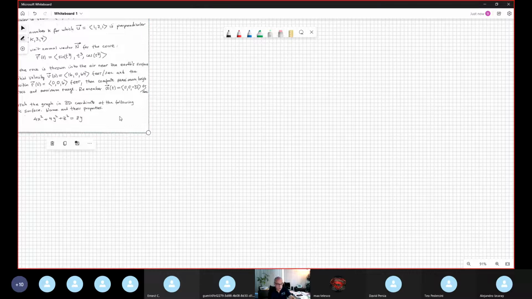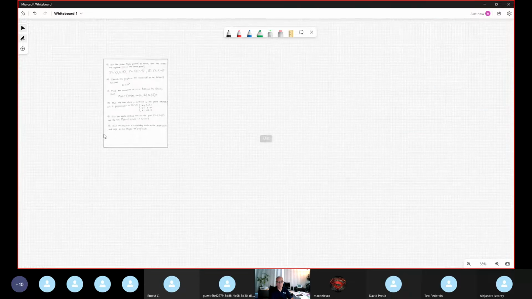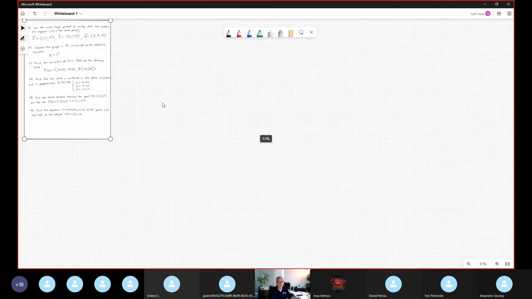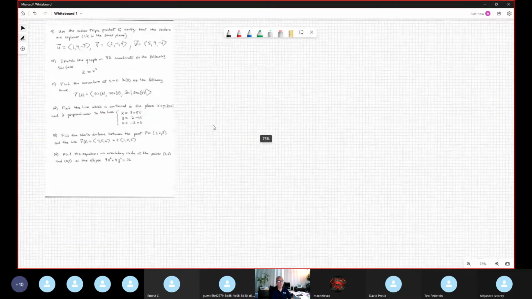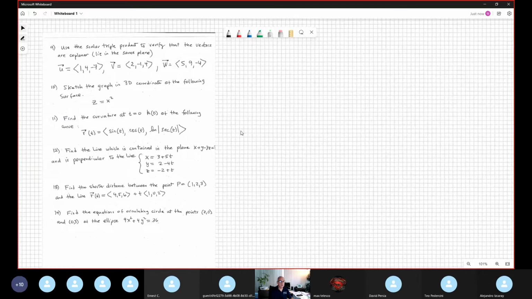Okay, so we finish the first page. Let's focus on the second page. This is the second page of the review. Okay, and this is question number 9, using the scalar triple product to verify that the vectors are coplanar. Okay, this is relatively easy. Let me show you this idea in detail. Look,